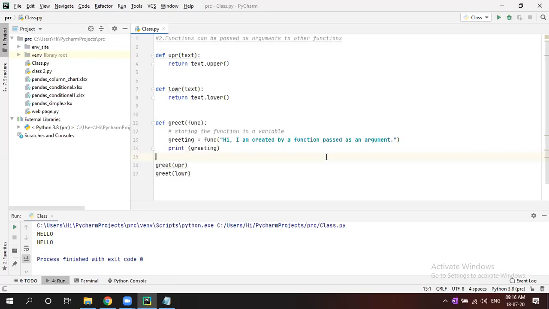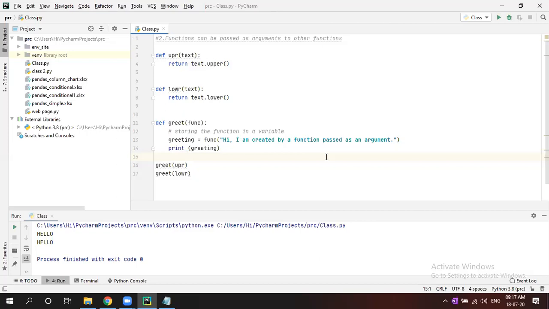Basically we pass the argument as some number or string. So here first we defined a function called upper, we are passing an argument text, then return text dot upper. That means this function is converting into uppercase.